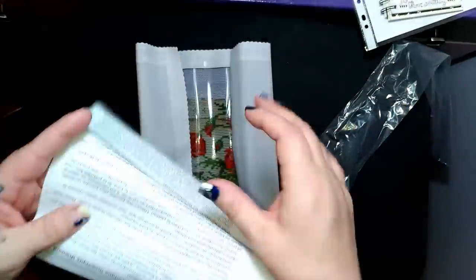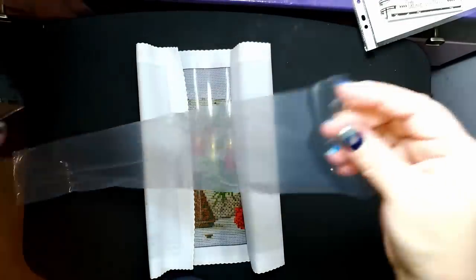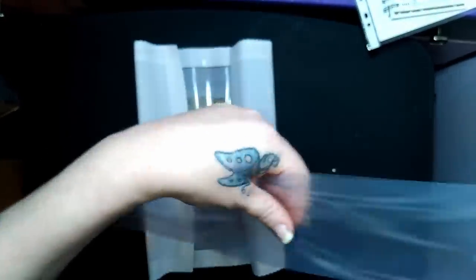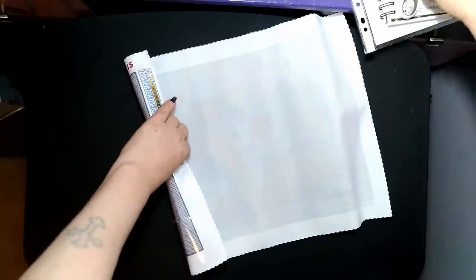I won't read it to you because I know that's not everybody's cup of tea to be read to. And they do have a really nice sleeve on theirs. It's not branded like we've seen from other companies. I don't think that's a necessary thing to do to a painting, but it is very wrinkled. So while I fix the canvas, let me talk a little bit about, she sent this to me via FedEx,